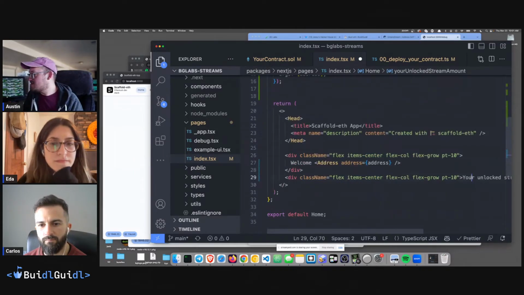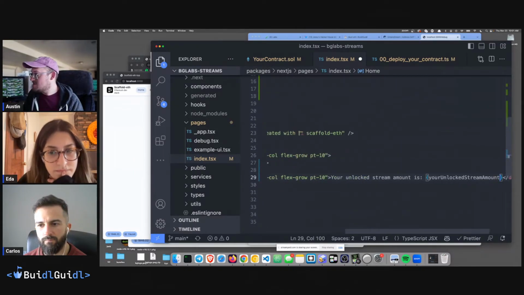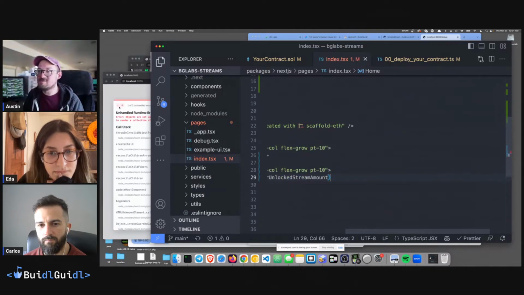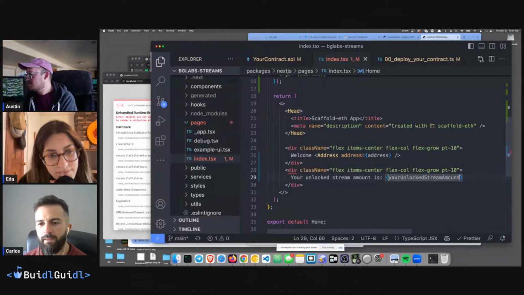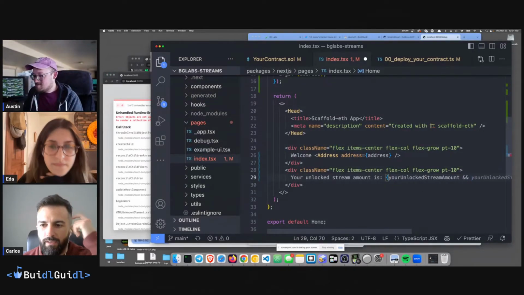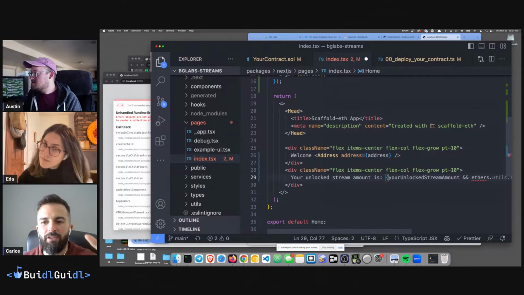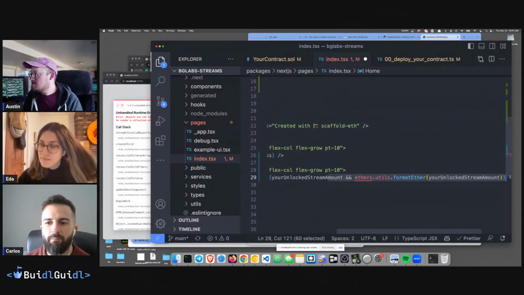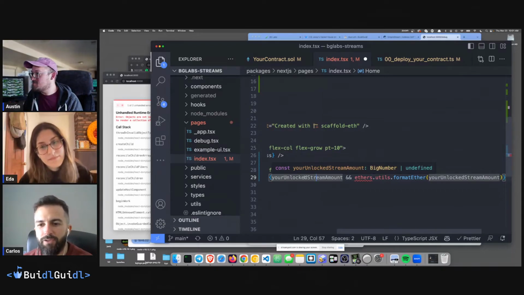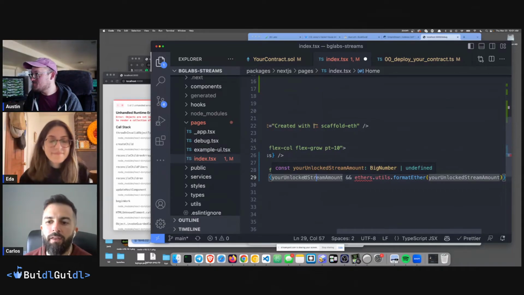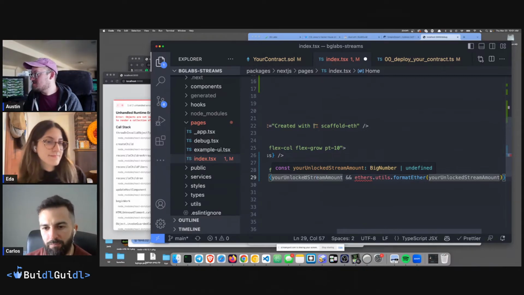And then down here we say your unlock stream amount is that. And what's it going to do? It's going to yell at us, it's a big number, you can't do that. If you hover over your unlock amount, it will tell you that it is a big number, because we also have types for this. Big number or undefined. So undefined will be until it's loading, and then it will be a big number when you get a response.